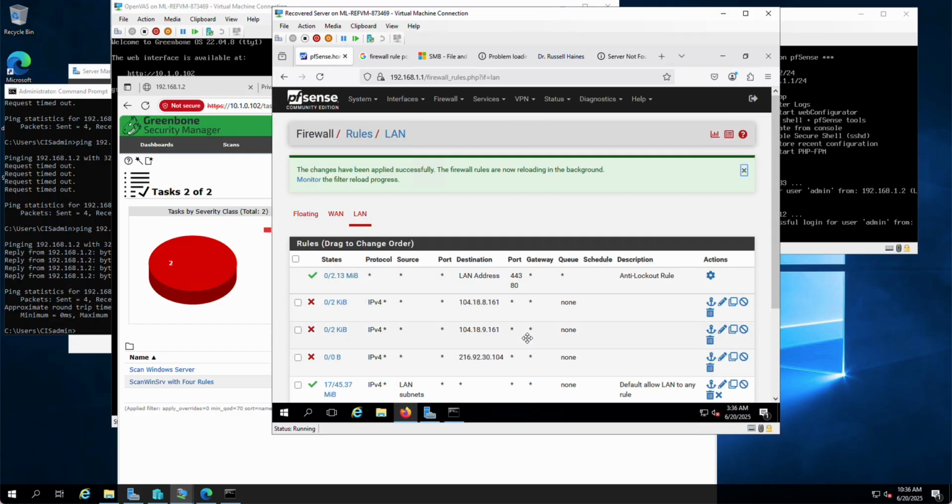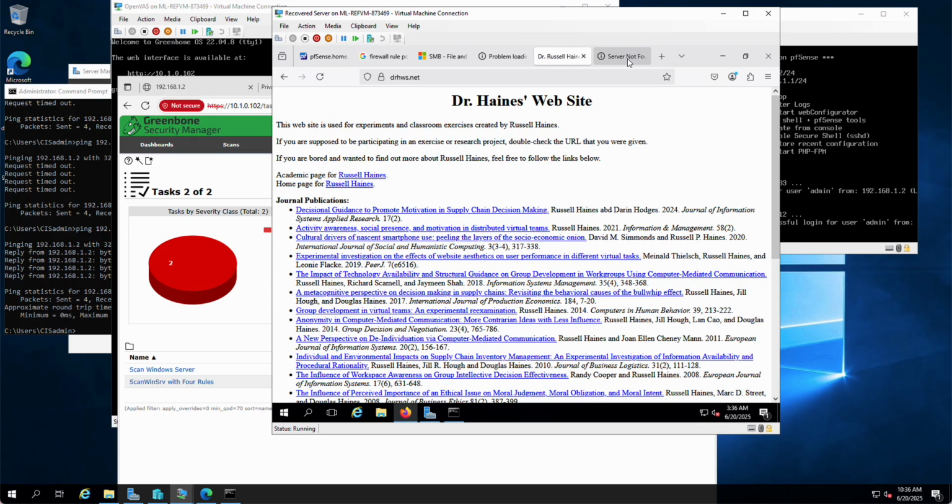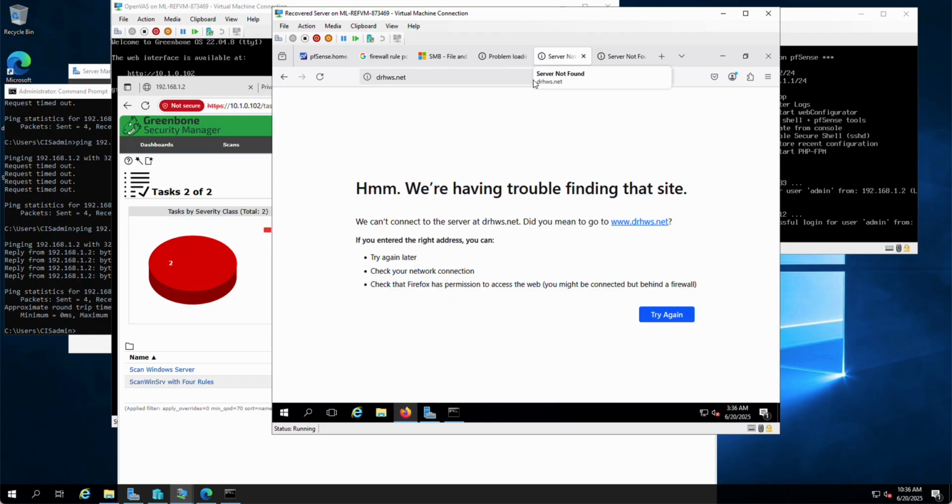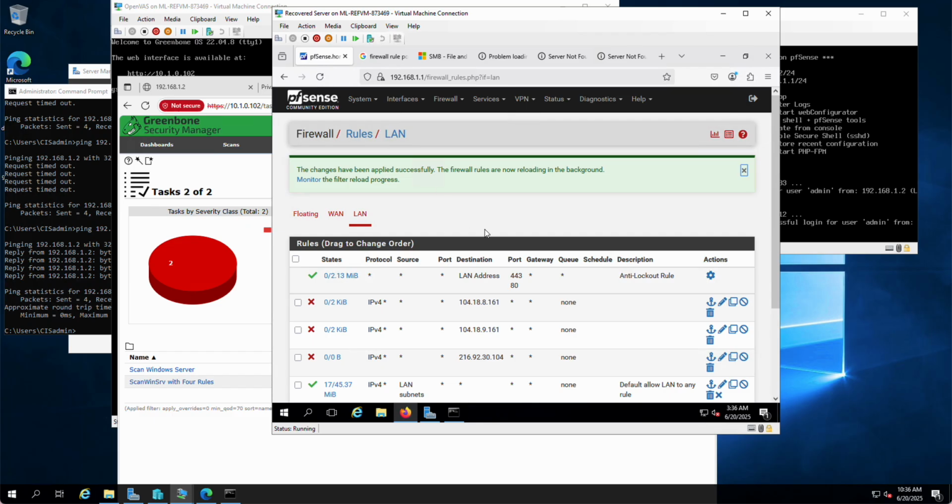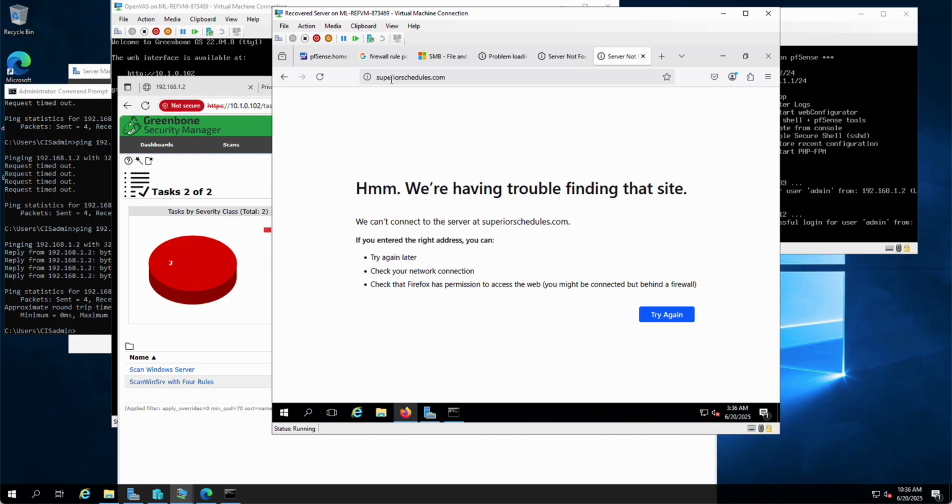That's funny. Let me try a different one. Let me just refresh it. Oh, there we go. So you can see this is doing the clock. Oh, yeah, that's pretty fun. So if I wanted to show my teacher, like, hey, I blocked this effectively, I would do this. Then you could actually disable the rule, hit apply changes, and then when I refresh,